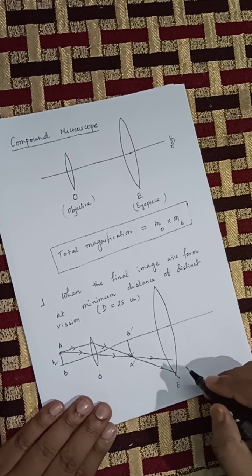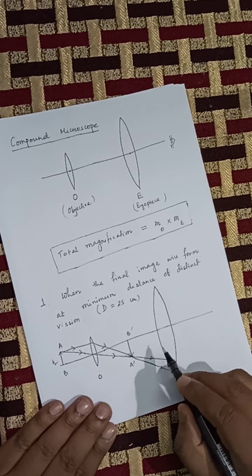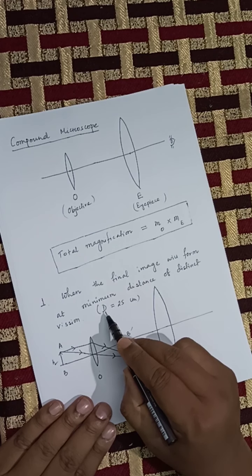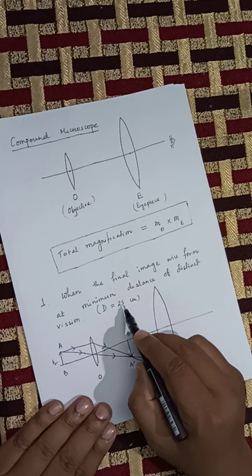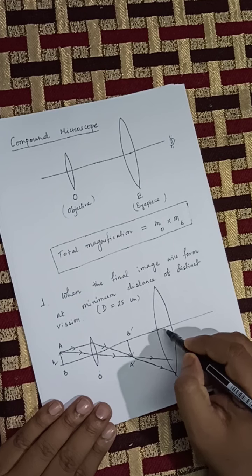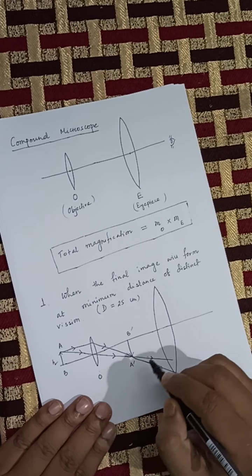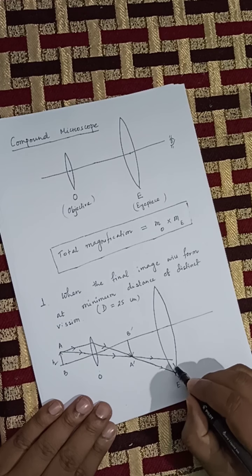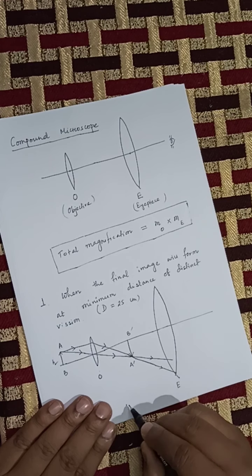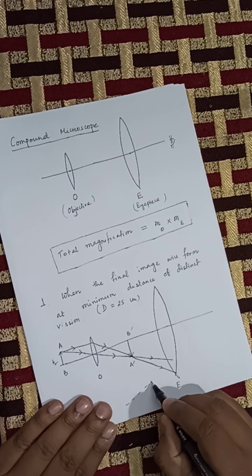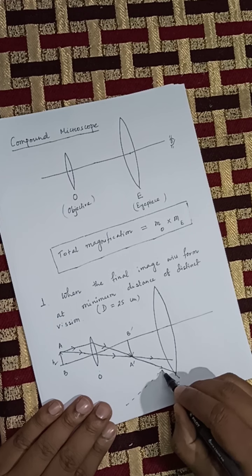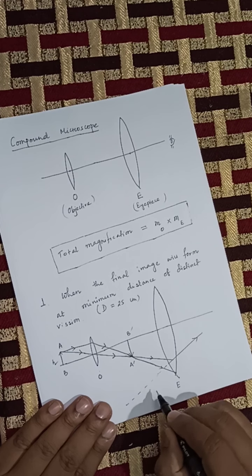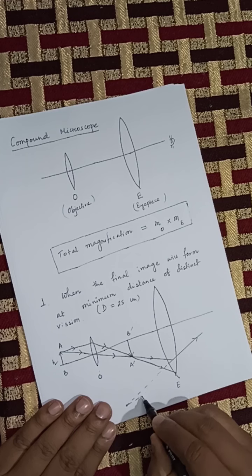Like this. And the final image we can get at 25 centimeter, isn't it, from the eyepiece lens. Okay. So the final image we get will form at a distance that will be